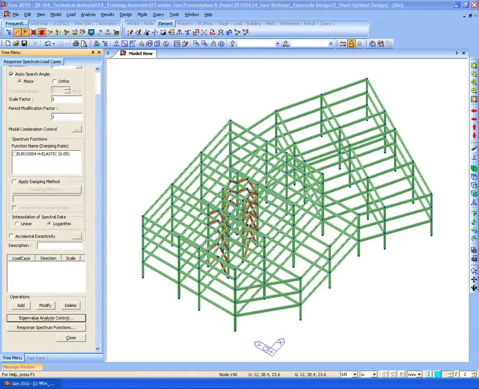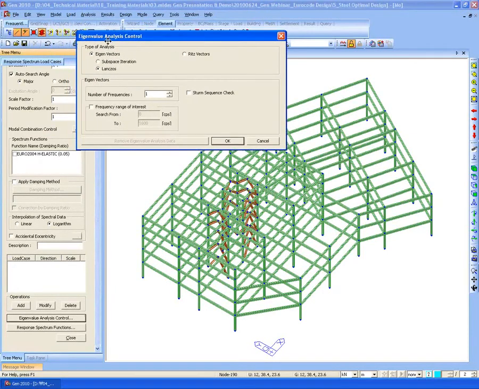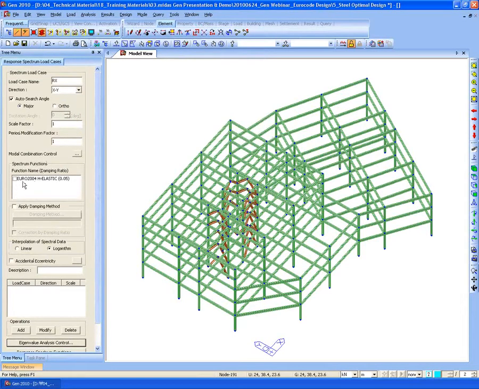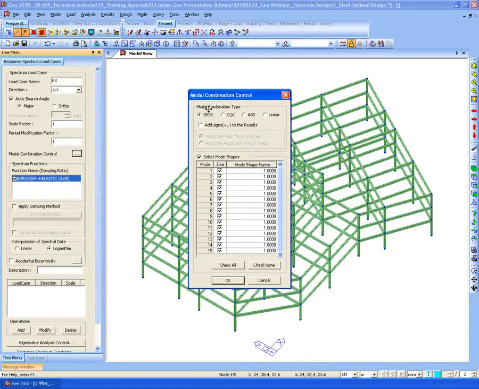For response spectrum, enter the eigenvalue analysis data. And we can specify the method of the modal combination: SRSS, CQC, ABS, and linearly combined.